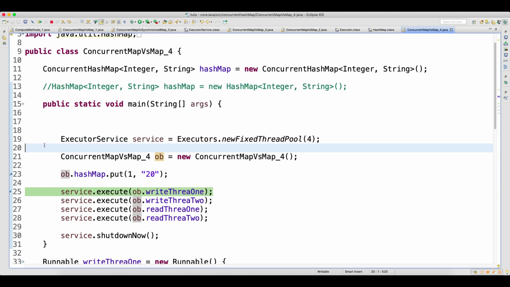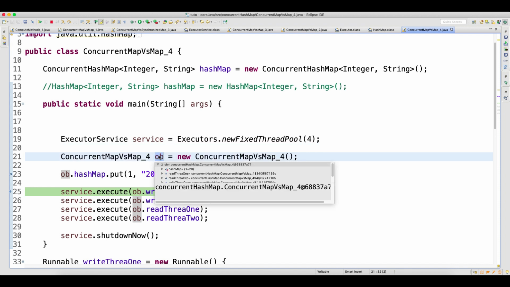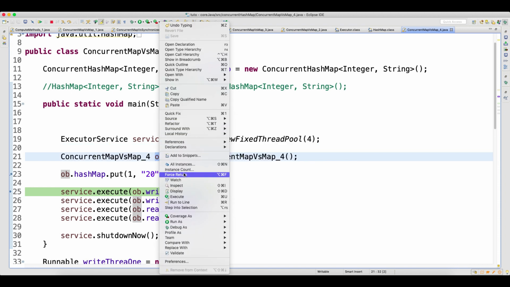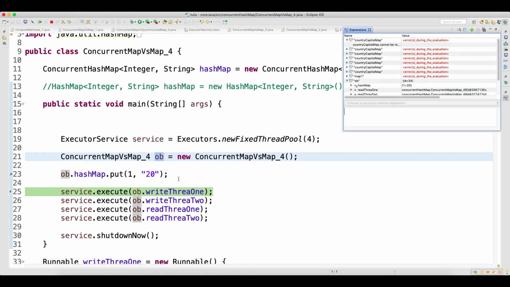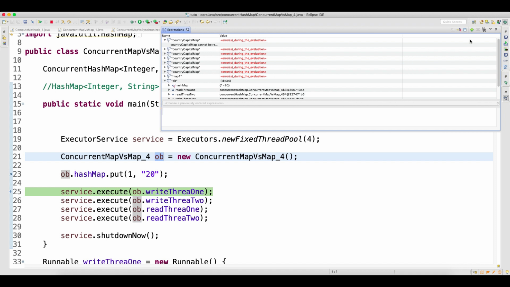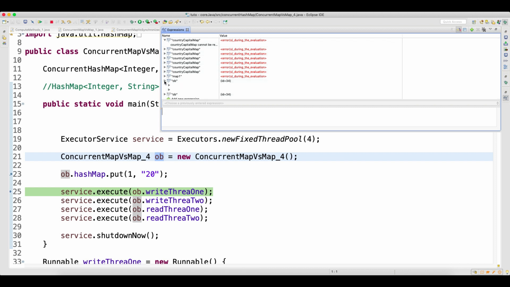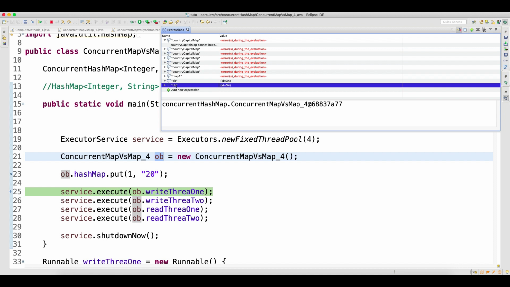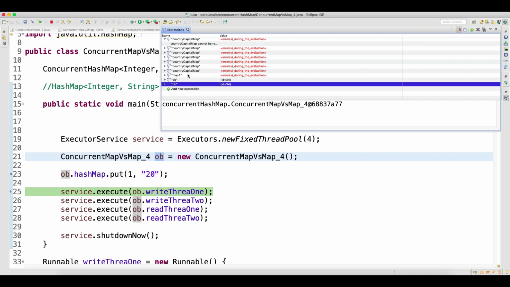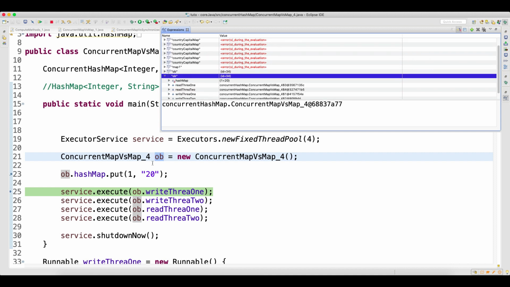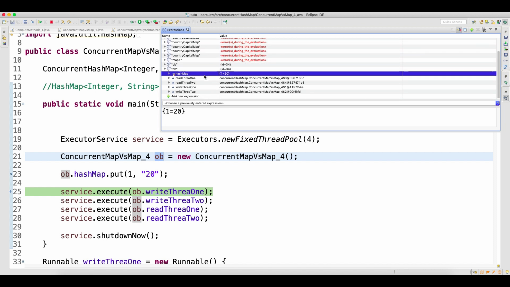Then what you do is come back here, click on that, right click, go to watch, click on this watch. Once your watch opens, okay, let me make it big. Then you have here, you can see that show logical structure, click on that. When you click on show logical structure, you can see your OB will come here. So OB is the object. Now inside this OB, you have a hash map. So one hash map came here, okay, and now when you expand the hash map,